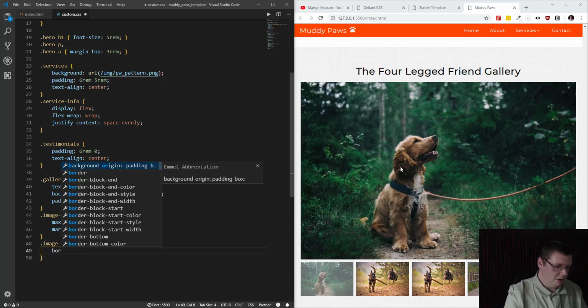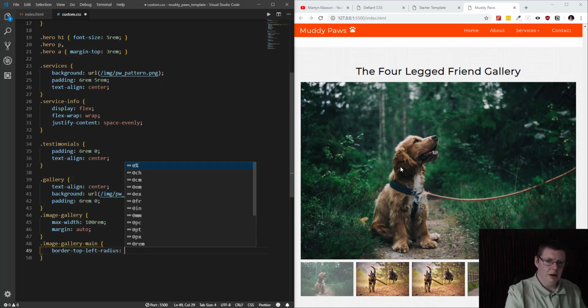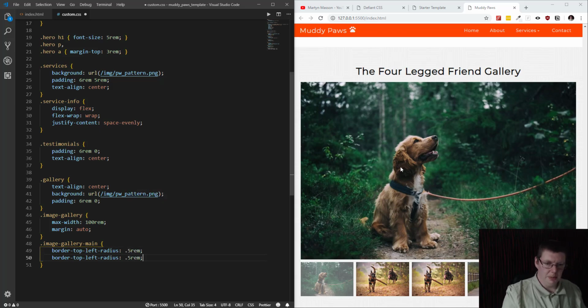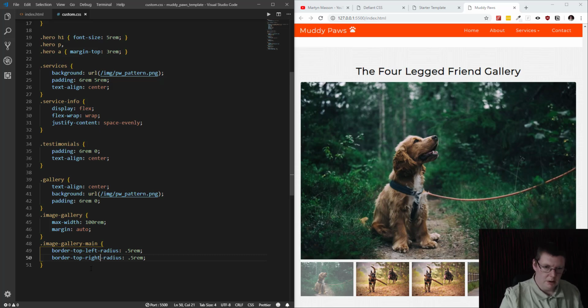So we'll say border top left radius, and we'll say 0.5 rem. This is 5 pixels, and top right radius 5 pixels. And for the actual